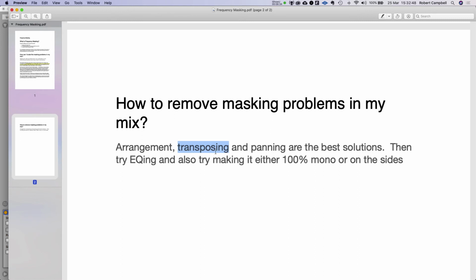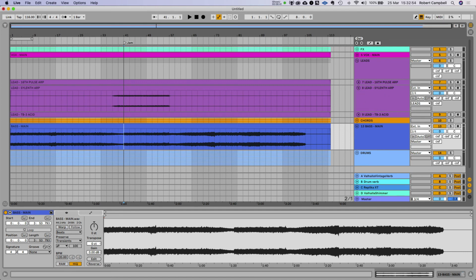So we've got arrangement, transposing. Now panning, which is something we've already covered, is an even better solution as well. If you're feeling like the arrangement's right and each instrument is in its right octave, obviously you can't play these too high or too low, violins and, for example, things like this, then just putting it in a different space. Okay, so